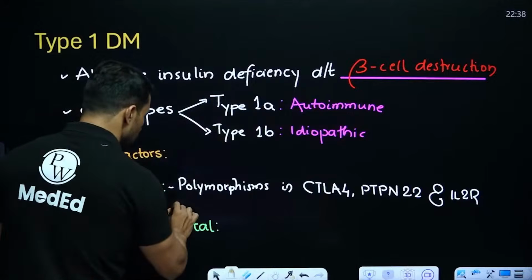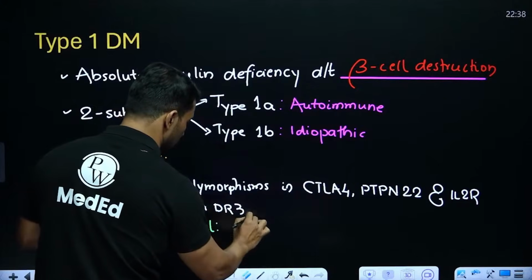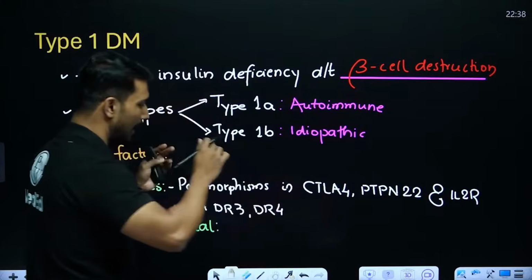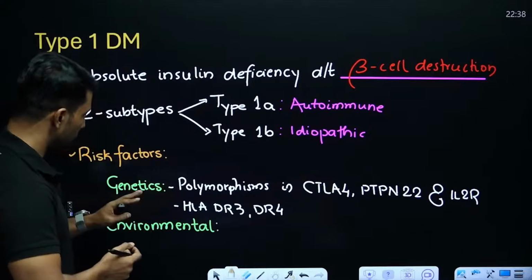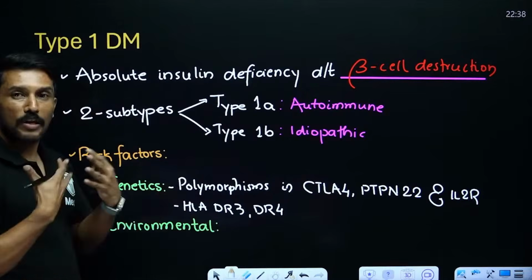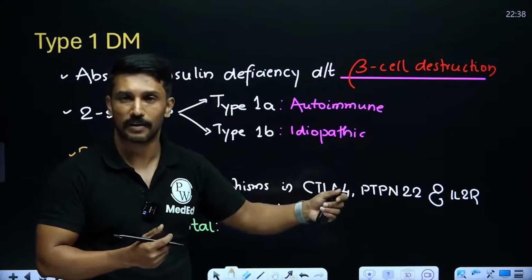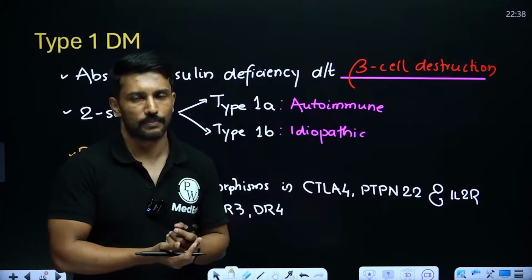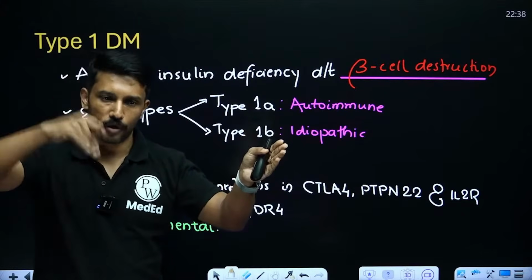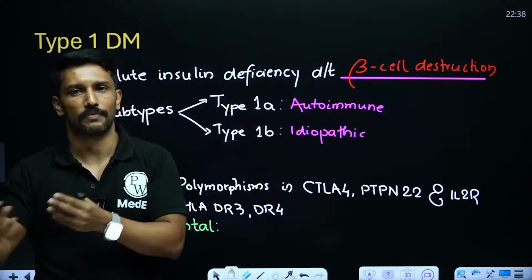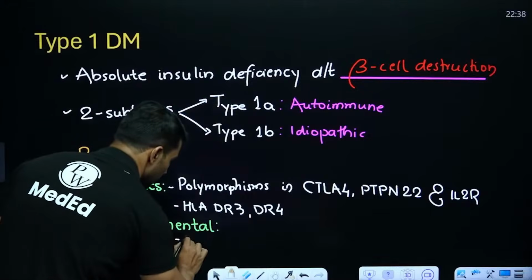Okay. Apart from that, certain HLA haplotypes, mainly HLA DR3 and DR4. So if you're carrying DR3 and or DR4, you have a higher risk of developing type 1 diabetes mellitus. Environmental factors also play a role because many of us have those CTLA4 or PTPN22 polymorphic variants which are considered risk factors, but we won't end up developing type 1. It means genetics predisposes to the development of type 1 DM, but there has to be an environmental factor which triggers the autoimmunity, and then you have the antibodies which cause the beta cell destruction. So what are those environmental triggers? There come viral infections.